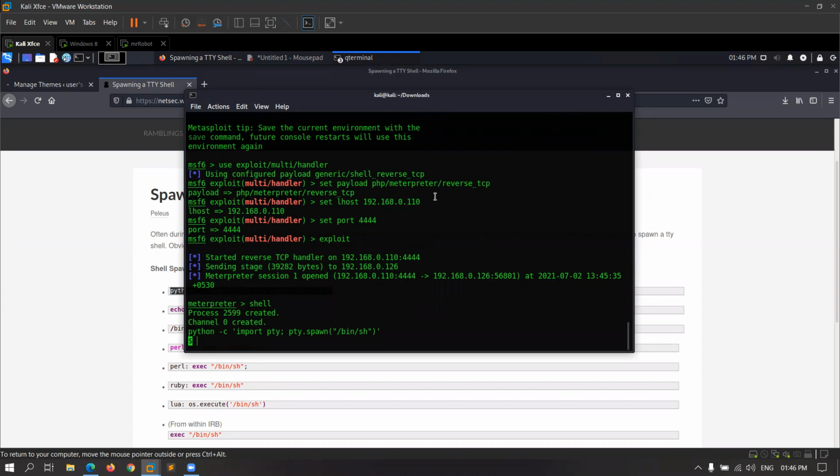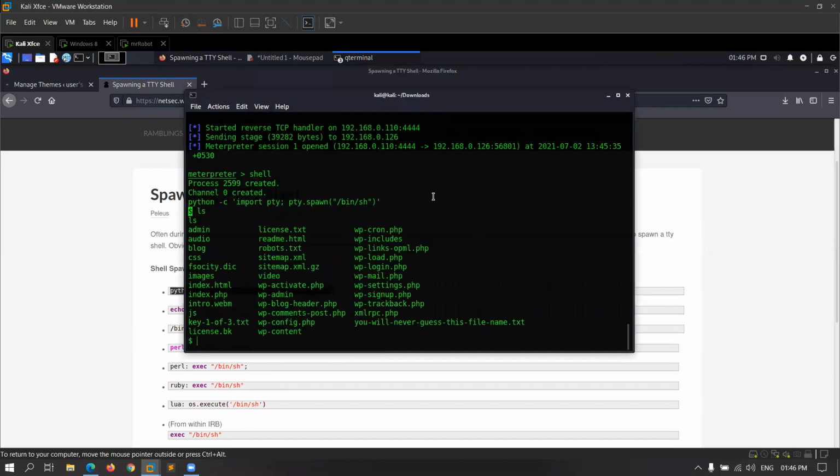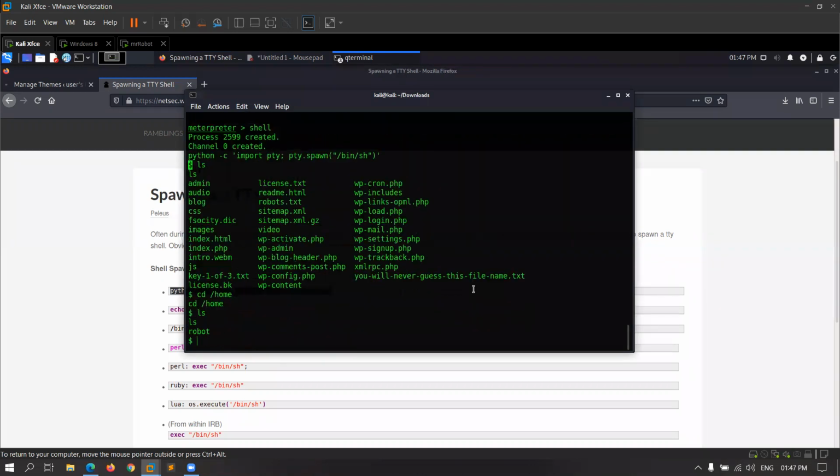What I have to do is type ls to get the list of the files here, and you can see there are a lot of files here. We have to go to the home directory. I will type cd /home and I am in the home. Type ls. You can see there is a folder which is robot.